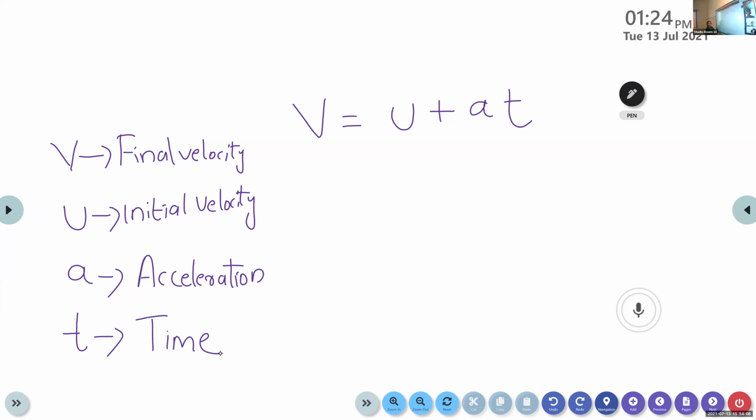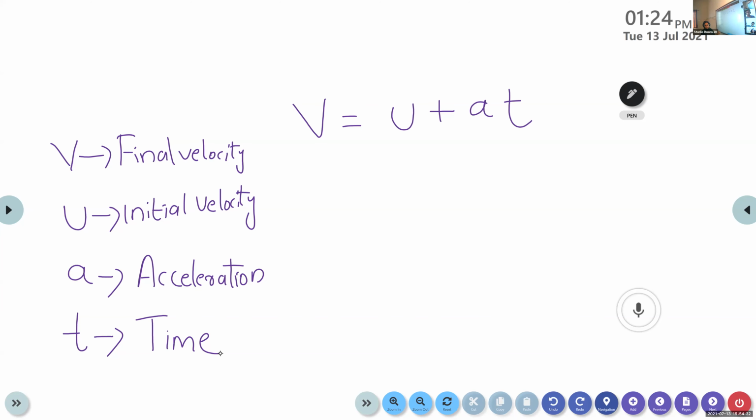Okay. So here we have an equation, V is equal to U plus AT. This is the velocity time relation in the equation of motion, the first equation of motion. We will discuss these equations of motion in our later class, so you don't need to be worried about it. So here in this equation, V is the final velocity, U is the initial velocity, A is the acceleration, and